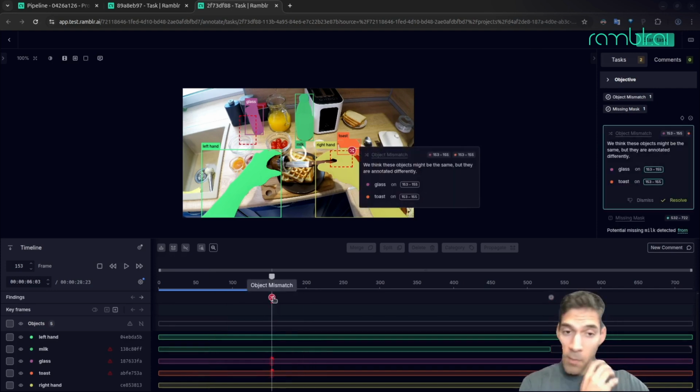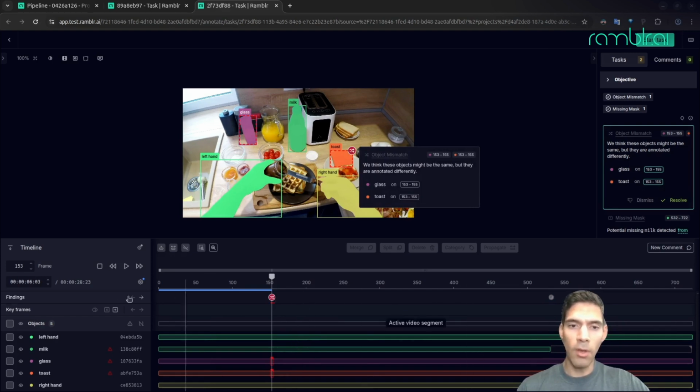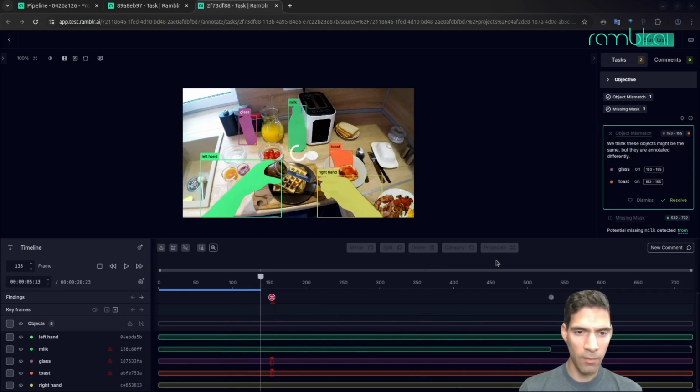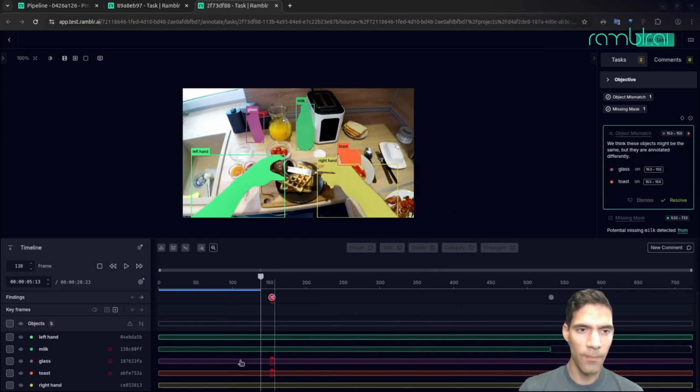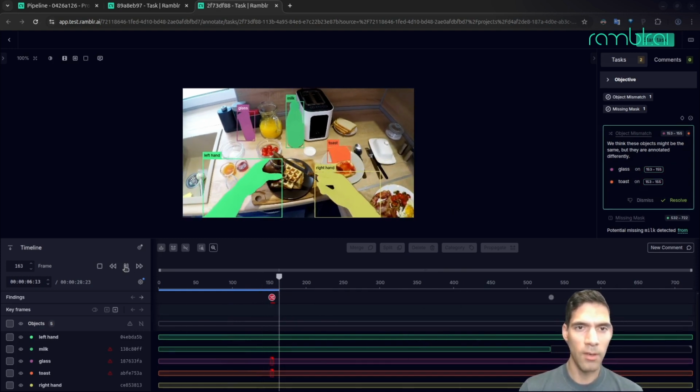The first one, we can click on it, and then it'll obscure all the other ones, right, to allow you to focus. It's just another object mismatch like we saw before, right? It's telling us, again, the frames and which objects are involved. And this is actually not that apparent, right? Like, if we look at the timeline, it just looks continuous. But then if we play through it, you'll see that it actually switches